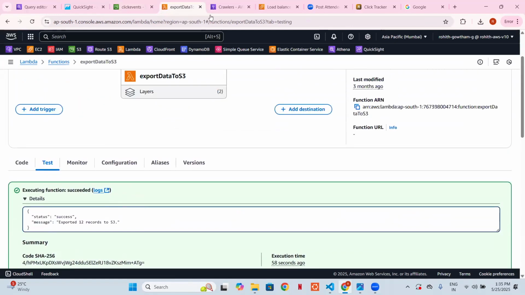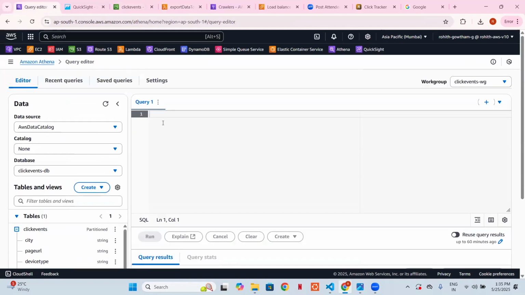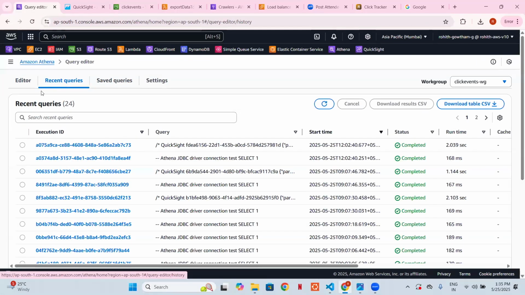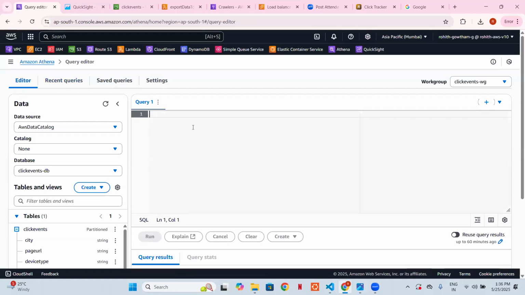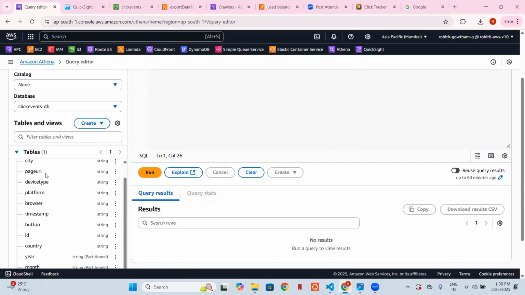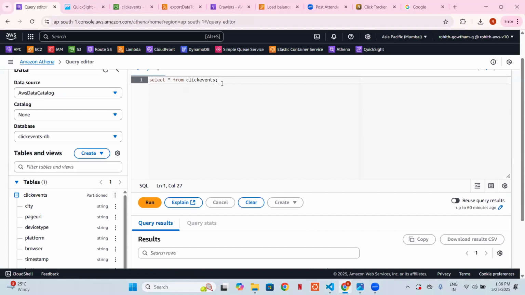Now we have Athena, we have the database inside Athena, and we can perform queries directly from the Athena console. We can use simple SQL to perform queries. So if I just write a sample query, this is the name of the table, click events, and I'm just writing select star. And if I click on run,